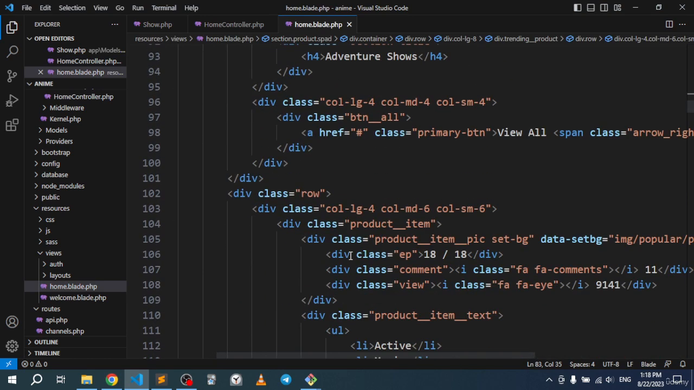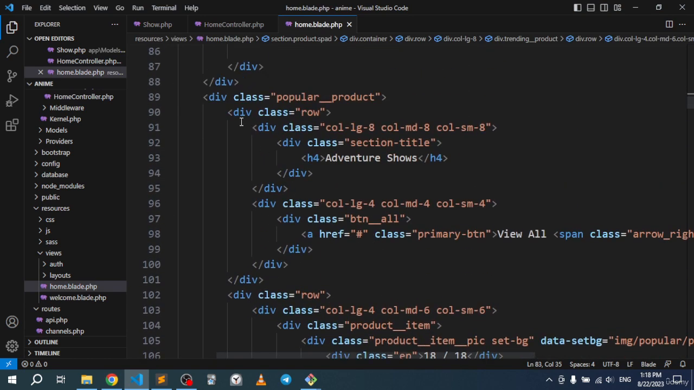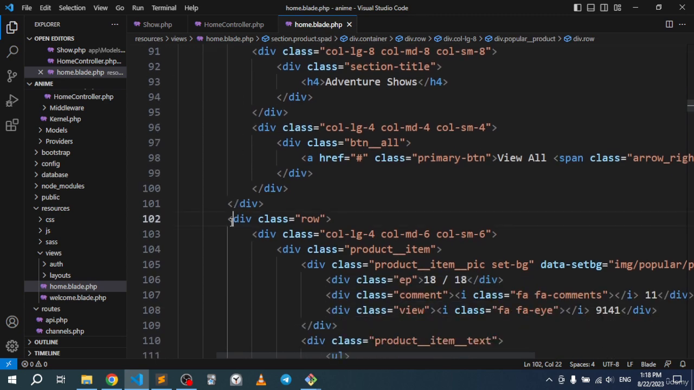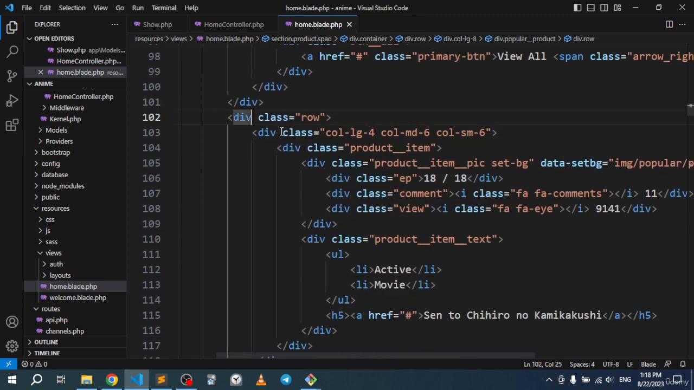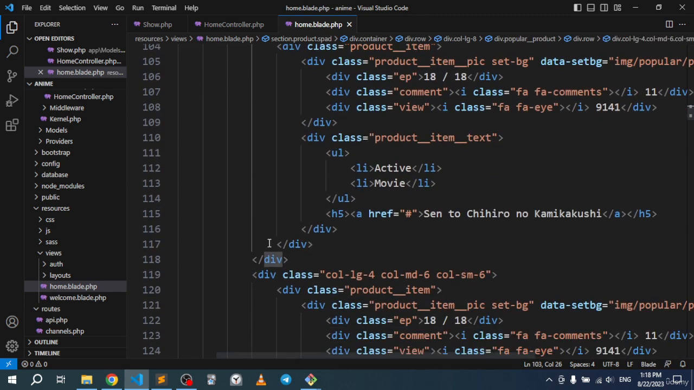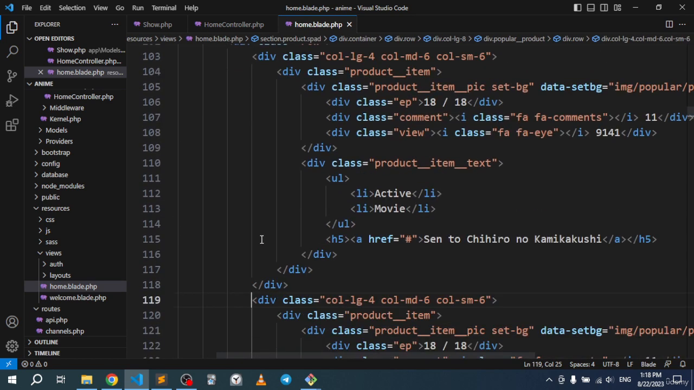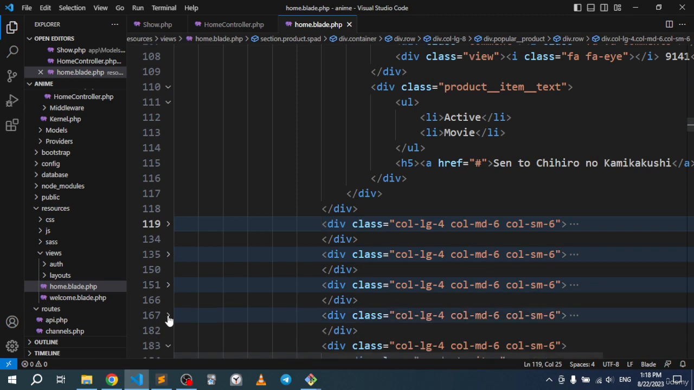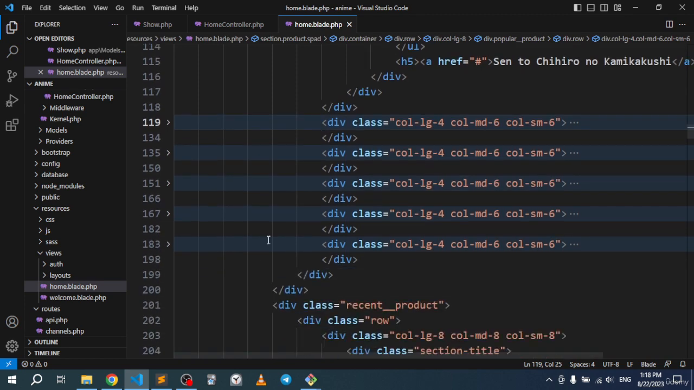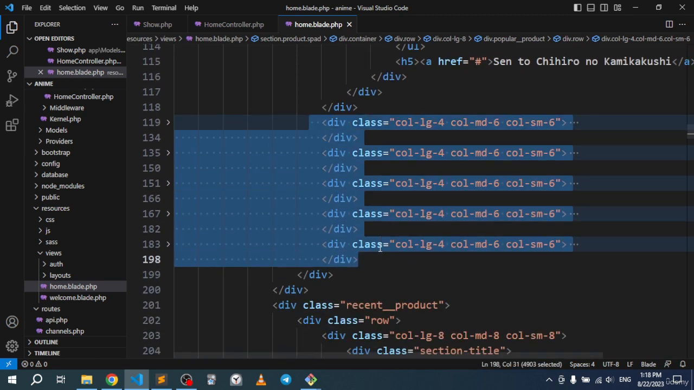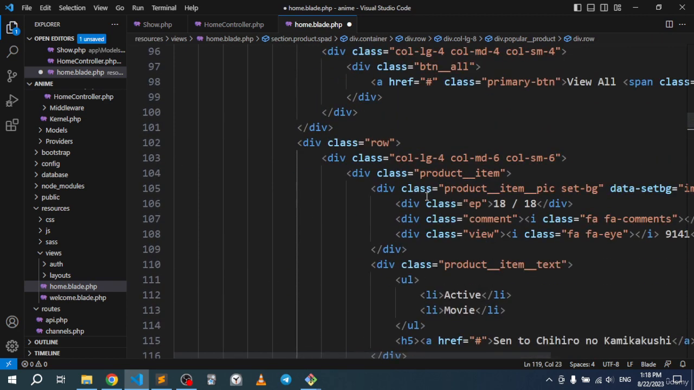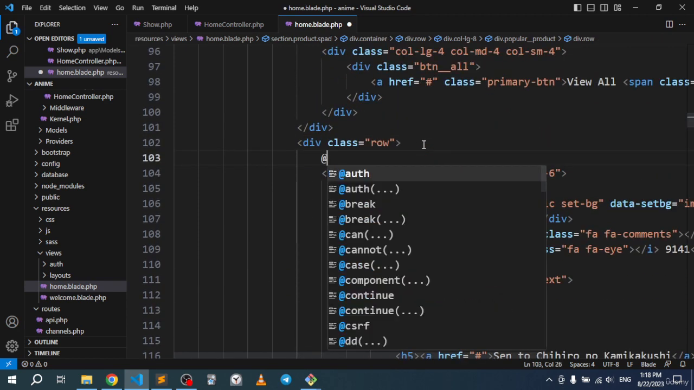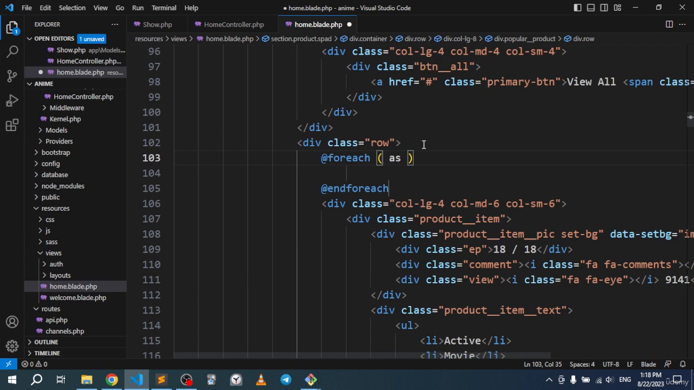All right, so we will also find this div with the class row, and inside it we will find a bunch of similar divs. So again, we will just need one, and then we will delete the rest. So there we go. Let's actually delete those. I'm gonna go right there. I'm gonna go for each